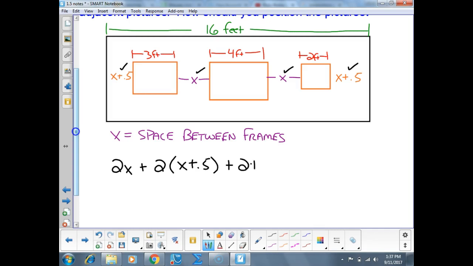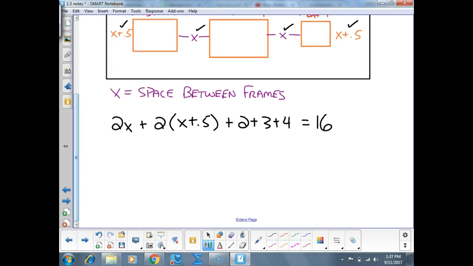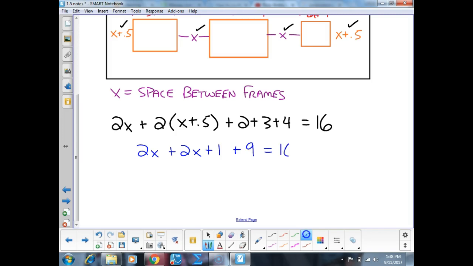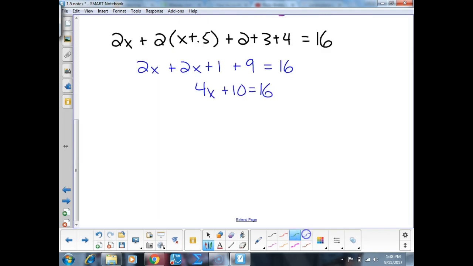Plus 2 plus 3 plus 4. Equals 16. Okay? So that gives me 2x plus 2x plus 1. We'll add those all together right away. That's 9 is 16. So that's 4x plus 10 is 16. So that's 4x is 6. So that's x is